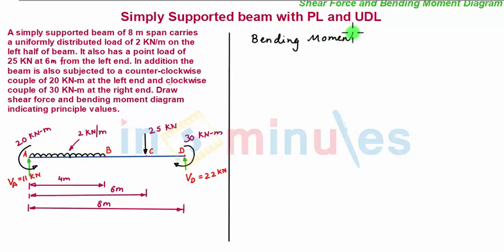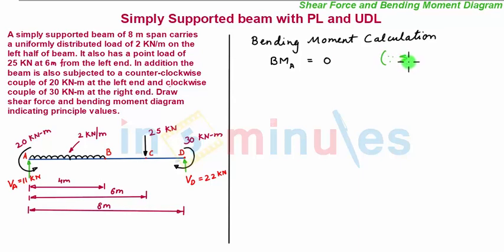We now proceed toward bending moment calculation and bending moment diagram. So we start with bending moment calculation. We again start from the left hand support and move towards right hand support. So bending moment at point A will be 0, since we know summation of all moments about point A is